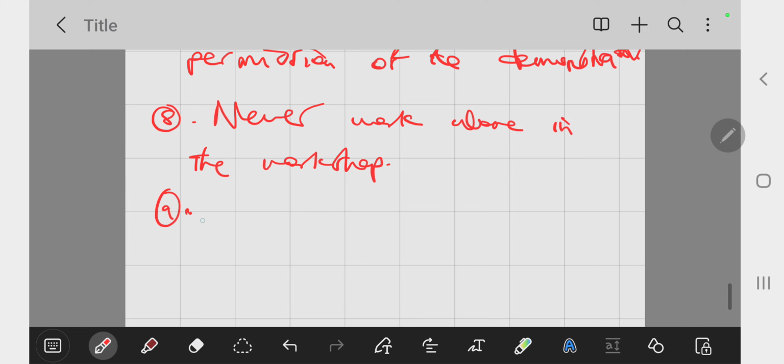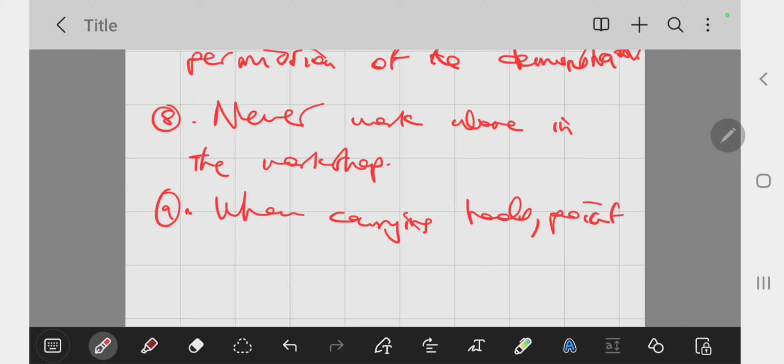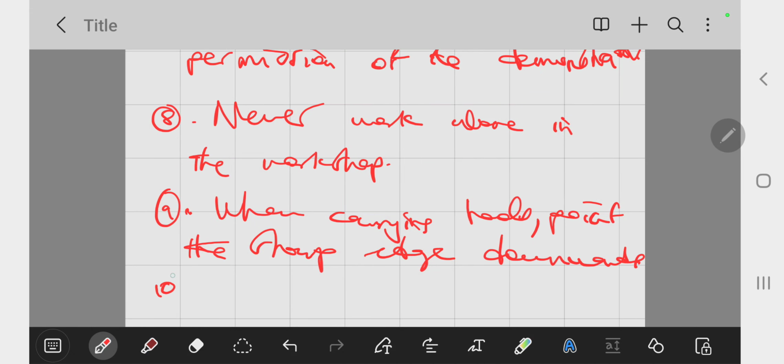Then number 9, when carrying tools, point the sharp edge downwards. Then the last